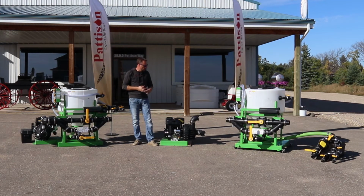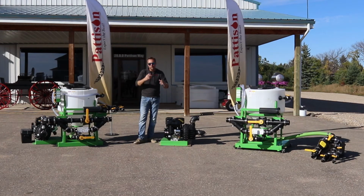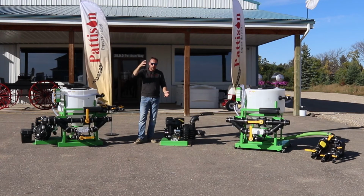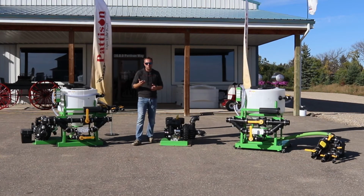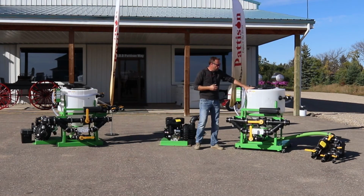Mounted on the deck of the trailer. You could have it 10 feet away and put 2 3-way valves on here if you like to use this pump to fill the tanks, your water tanks on the spray trailer as well. The 60 gallon tank